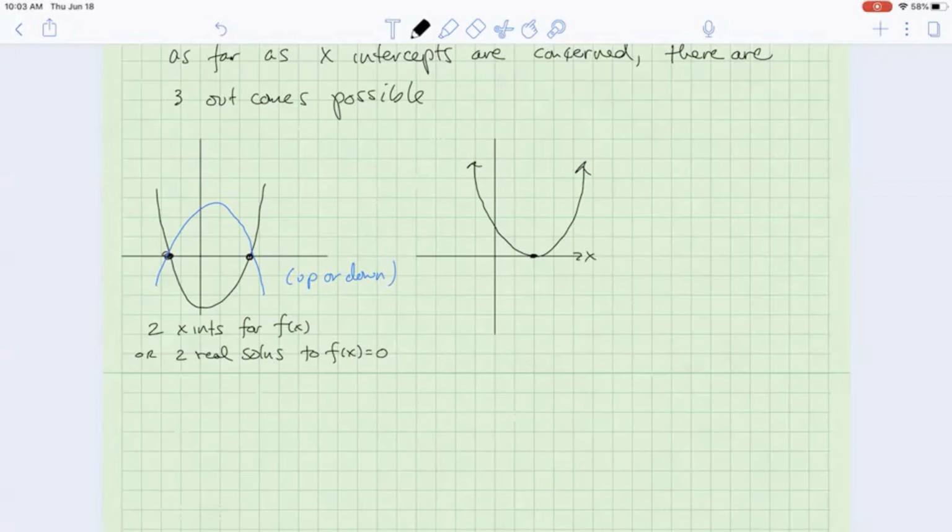This is 1 x-intercept for f of x, or f of x equals 0 has one solution. Up or down. Could have been either direction as well, right? It could have been something that opens downward as well. And then in the last scenario, which is what we just looked at,